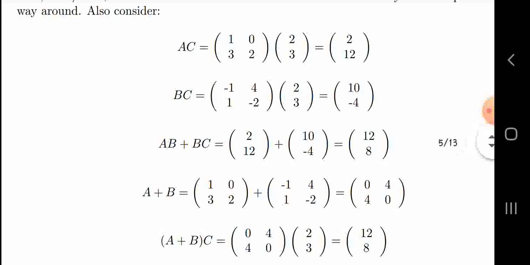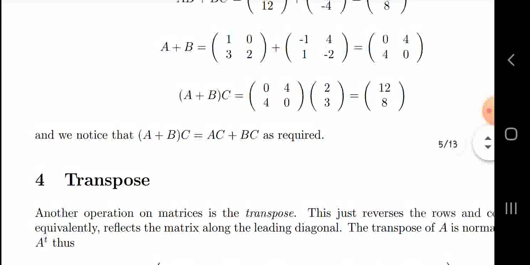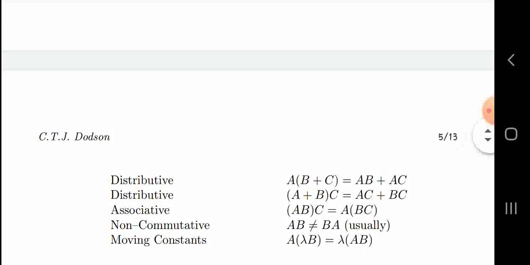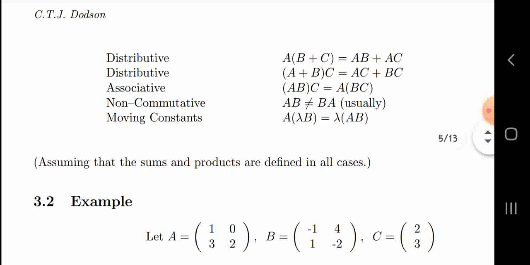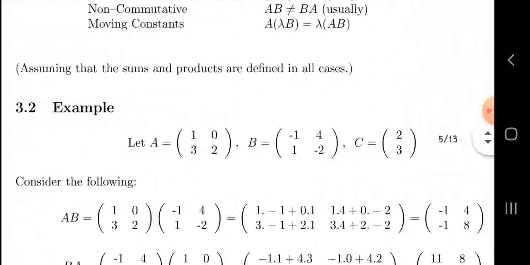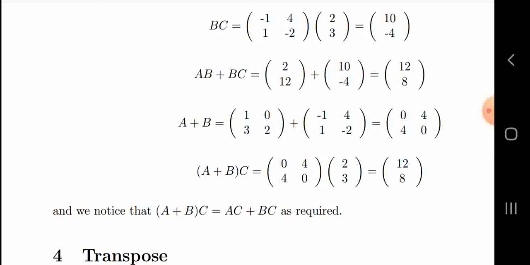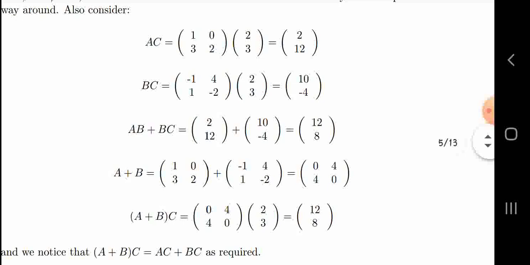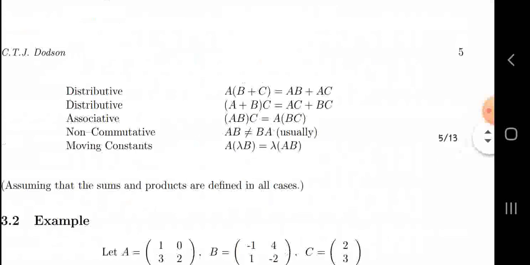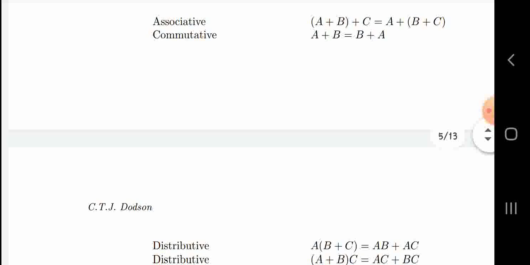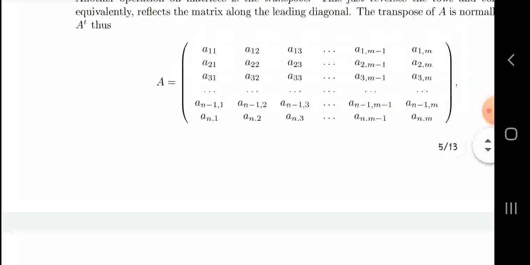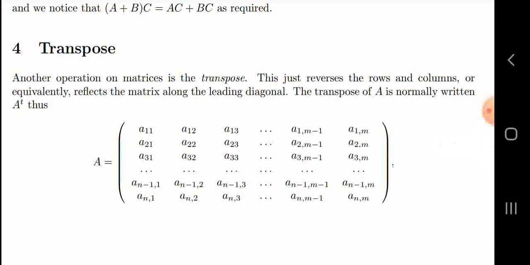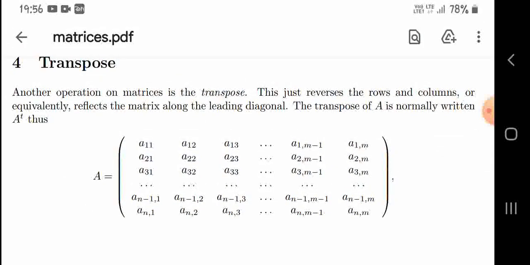Next AC is equal to, it will be 2 comma 2, like that only you have to see the sums, this equation, that is here the second one. So this is distributive, this they have given, see it is distributive, as required, so the answer they have given is correct. The distributive sum is correct here also. So these 7 rules you have to remember to solve scalar multiplication of the matrix.